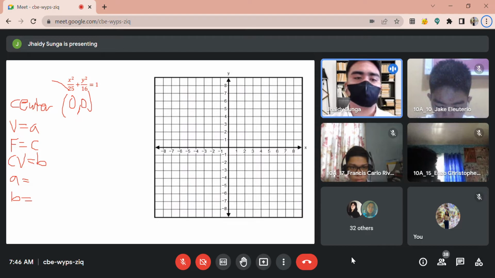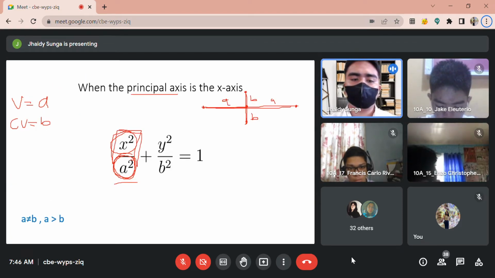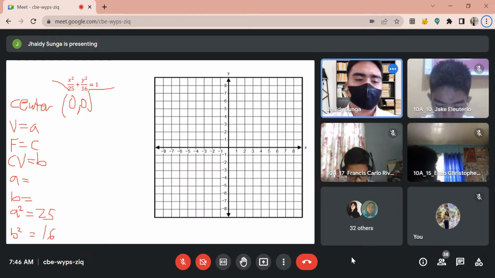So it is our A squared. Our A squared is 25, and our B squared is, of course, 16. Please take note, it is A squared, B squared. Now, if we know already our A squared and B squared, we need to find the value of